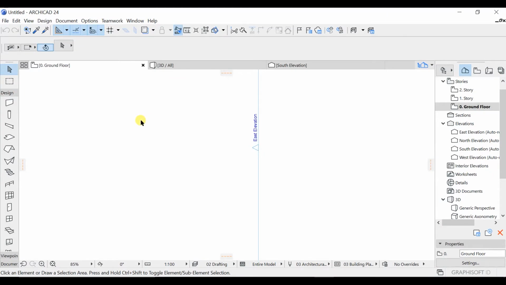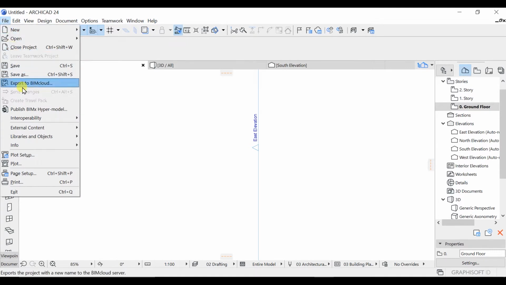In this lecture we are going to look at the menu bar. Okay, so if you look at the menu bar, you can clearly see that this is our menu bar. From file to help, these are all our menu bars. So first of all we will look at file.